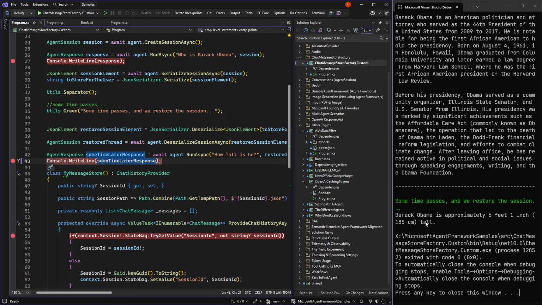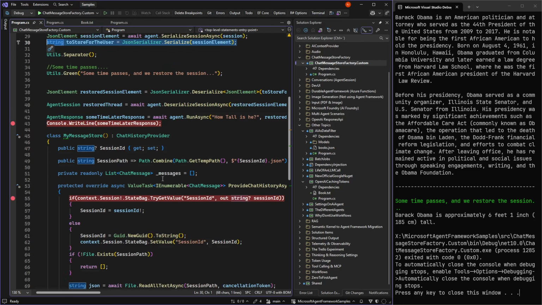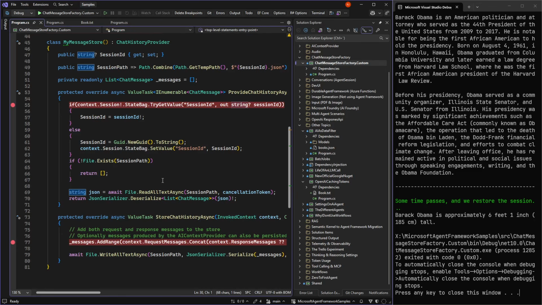So that is how we use chat history providers now. It's a bit simpler because, again, we're just having a state bag that we can control in full manner of what's in it. And that is the only thing we get back whenever we serialize. So we can work with the data based on that. So chat history provider has become easier once you understand the state bag. So that is actually everything. See you in the next one.